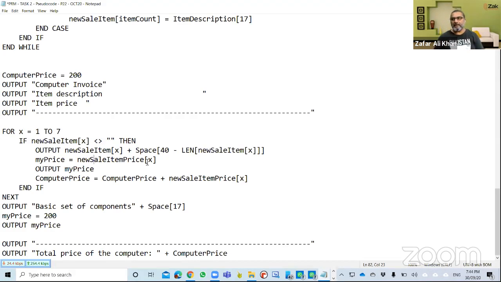Now, if you like, you can directly output new sale item price and then you don't need the my price variable. So my price variable is just a temporary variable to pick up prices from the array and then we show the my price on the screen. So if you could see over here